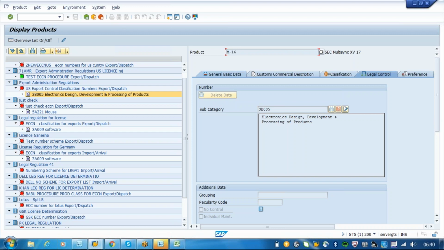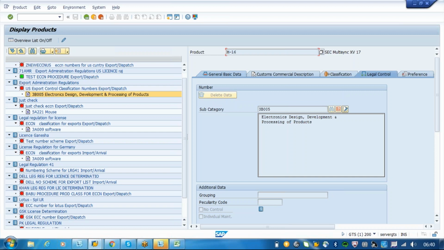But to declare the material to customs, they may not understand the description. They don't know what M-16 is, because it was given to represent a material in your system. If you send the same material to customs, they don't understand.